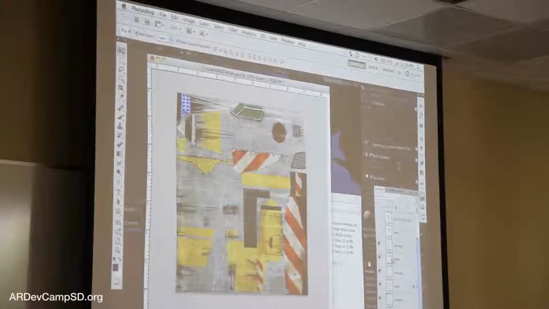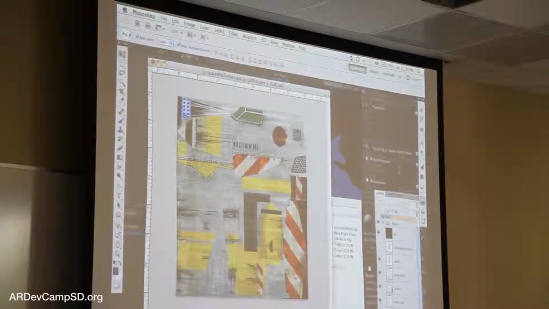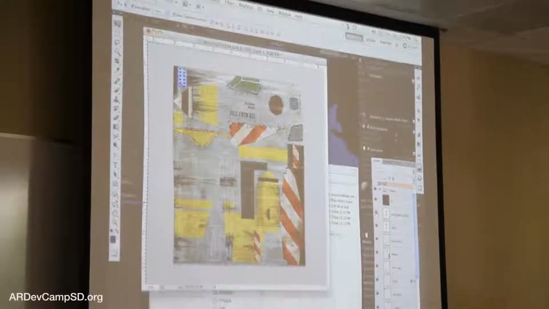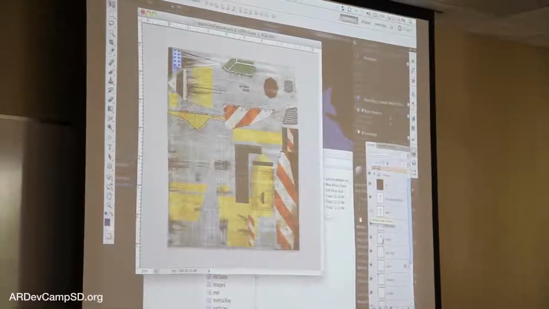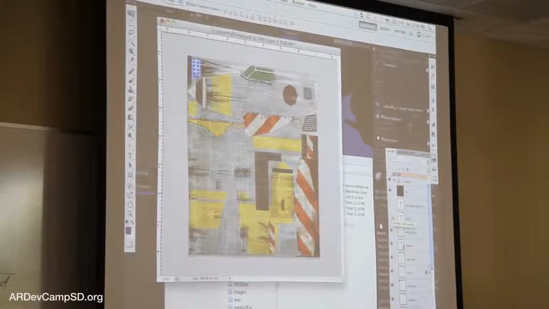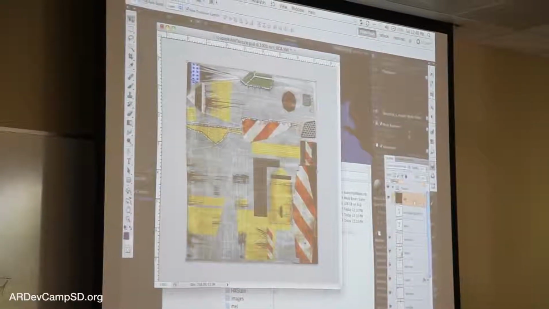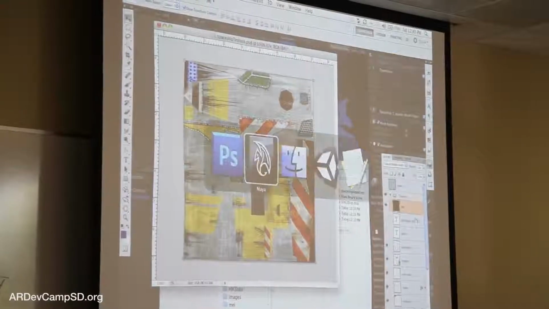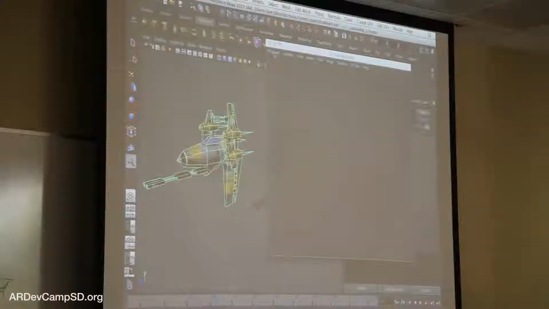Some of these are photographic elements, some of these are painted elements. I'm not proud of these two, but that's basically how you build the textures. So the last thing I want to do here is